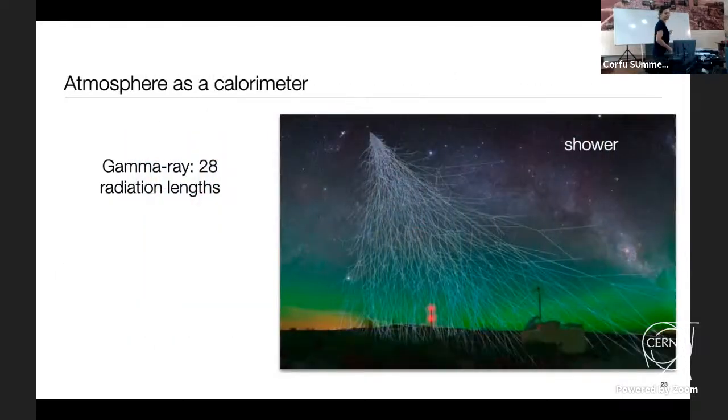Or to use the atmosphere itself as part of your detector. These are the two main domains of gamma ray observations: direct detection from space or Earth-based detection using the atmosphere as part of your detector. Indeed, in the atmosphere, something will happen when a gamma ray hits the nuclei of the atmosphere. And what happens might be, if the energy is enough, so bright that you can detect it.